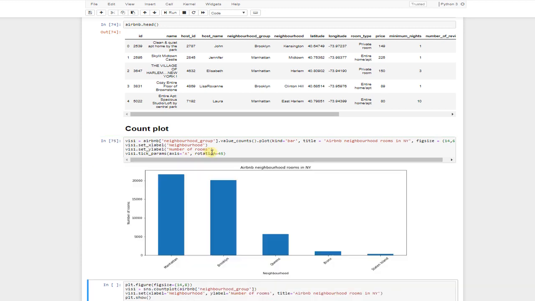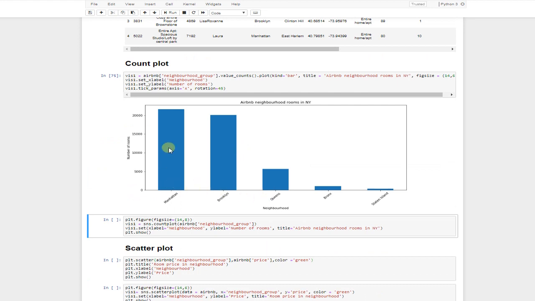As you can see, this is the output of this script. We can see the number of rooms for each neighborhood group, and the configuration that I have set here is all presented in my figure. So I'm going to do exactly the same using Seaborn